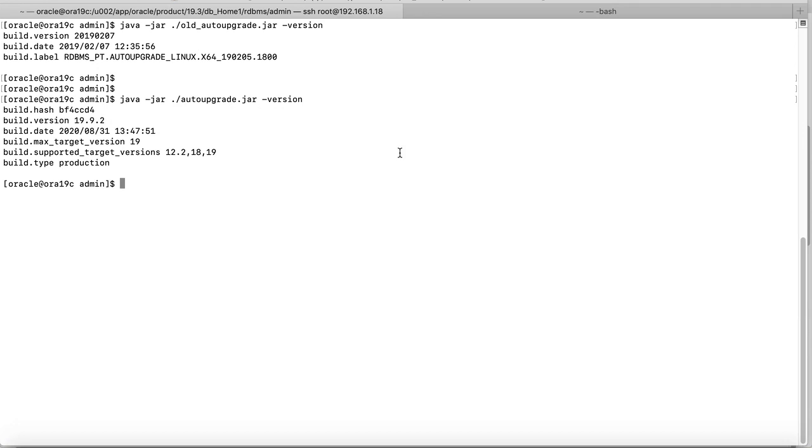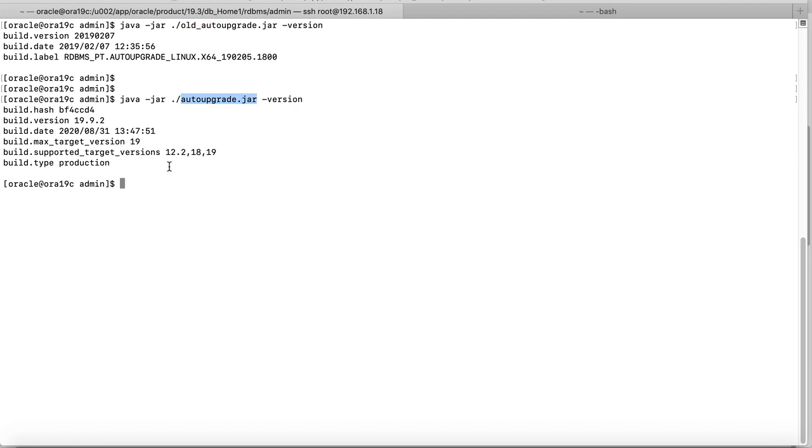Somebody said, I have already done that. So I checked what was the stock version that comes with my Oracle RDBMS 19C Oracle Home. I renamed that file to oldautoupgrade.jar. The one that I used to have on my machine prior to downloading this is the version from February of 2019. So I renamed it, and from the Metalink note that I have just shown you, I have downloaded the latest version of the autoupgrade.jar.